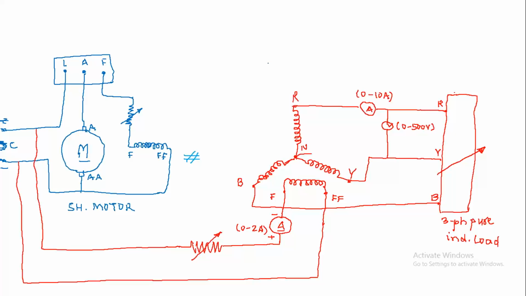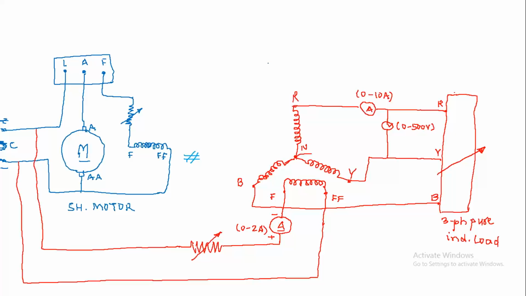Okay, now this is the complete circuit diagram. We have to conduct the experiment now. Okay, so how to conduct the experiment? First of all, you must have open circuit test data, and also you must have short circuit test data. To determine voltage regulation by the Potier triangle method, you have to conduct three tests: the open circuit test, the short circuit test, and the ZPF test. You must have the data of the three tests. Then we can calculate this.